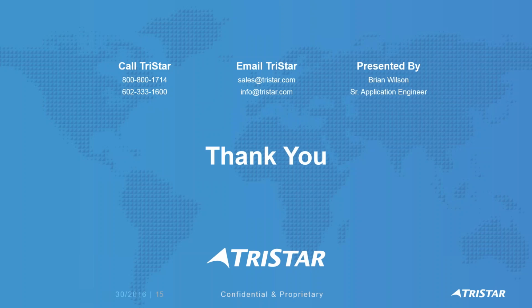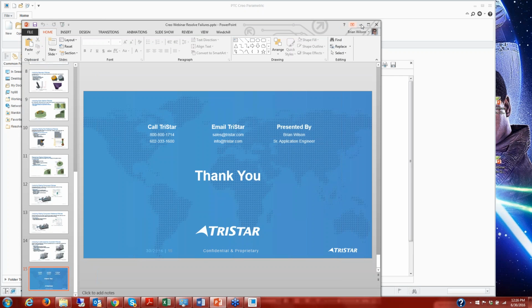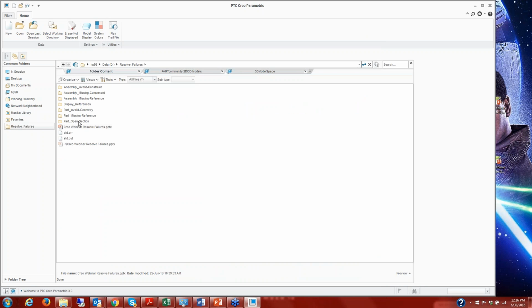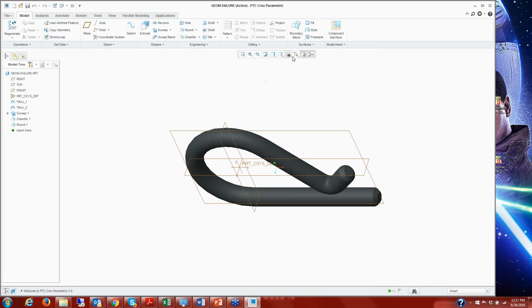Okay, so what I'd like to do is go right over into Creo now, and we'll pull up a few models and make some changes. We'll cause some failures, look at the options, and resolve them. So the first one we're going to look at is part invalid geometry. In this example here,